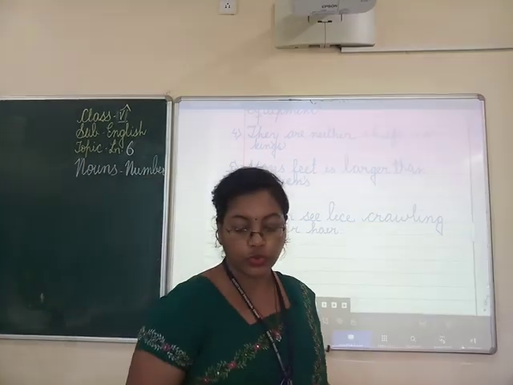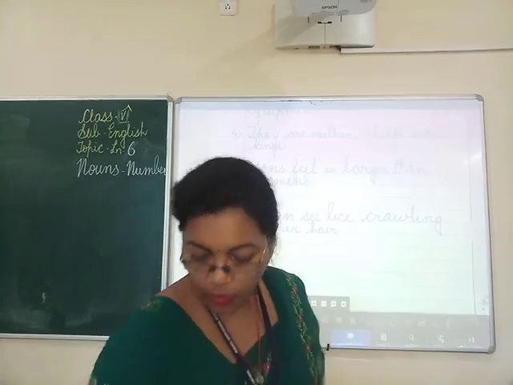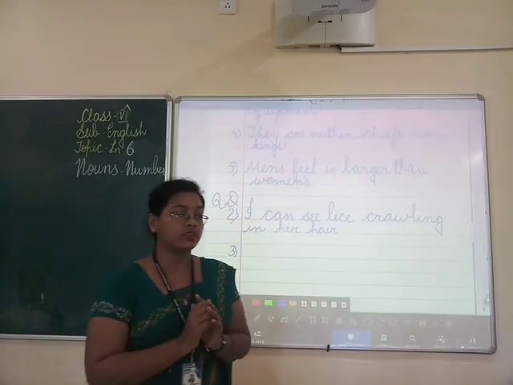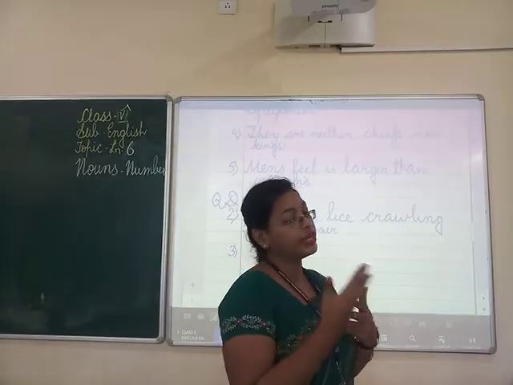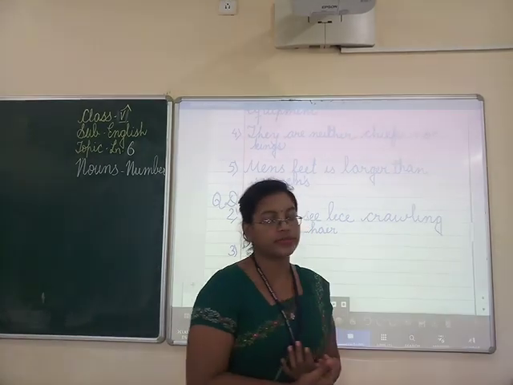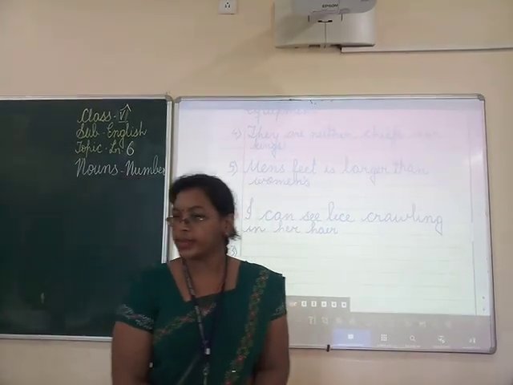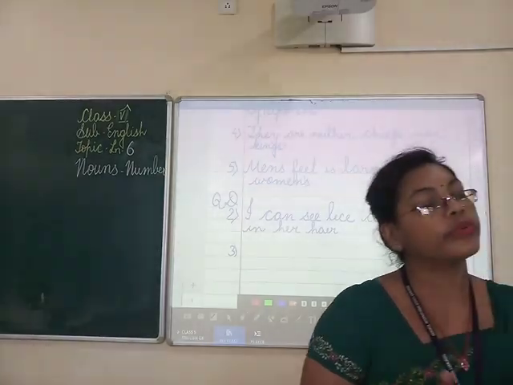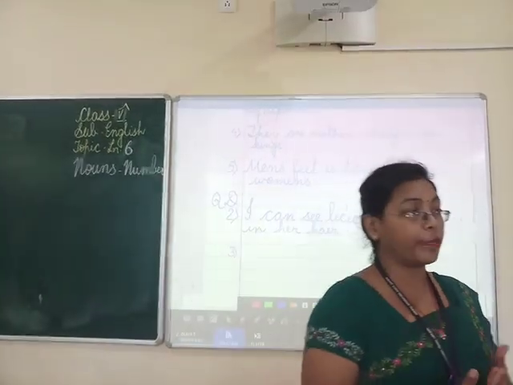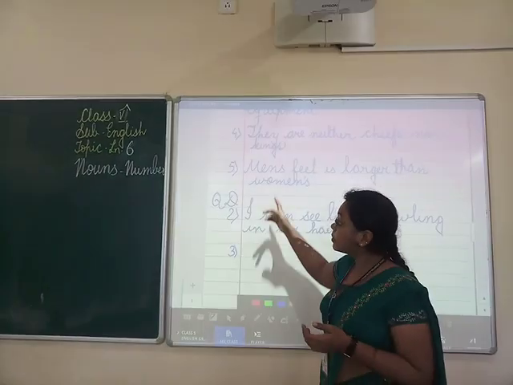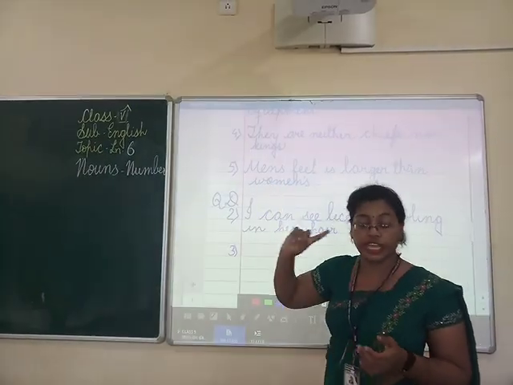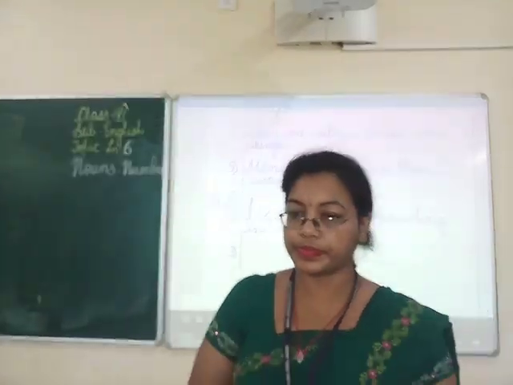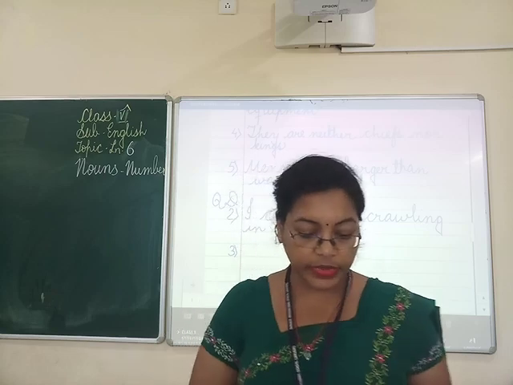So here what you have to do, first of all you have to find the mistakes. Okay, underline the mistakes, then correct the mistakes and write the sentence. Okay, clear? Understood everyone? You have to rewrite it in your copy. So question number B and question number D, both you will be doing as homework in your copy. Okay. Third one you see.